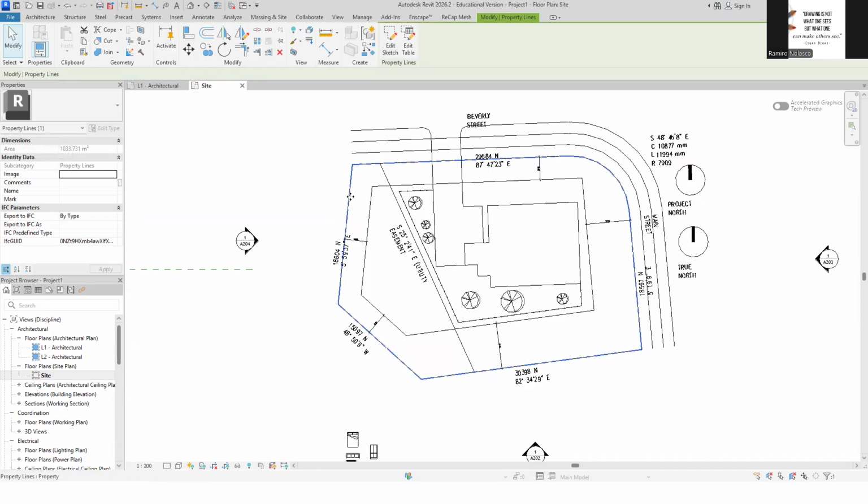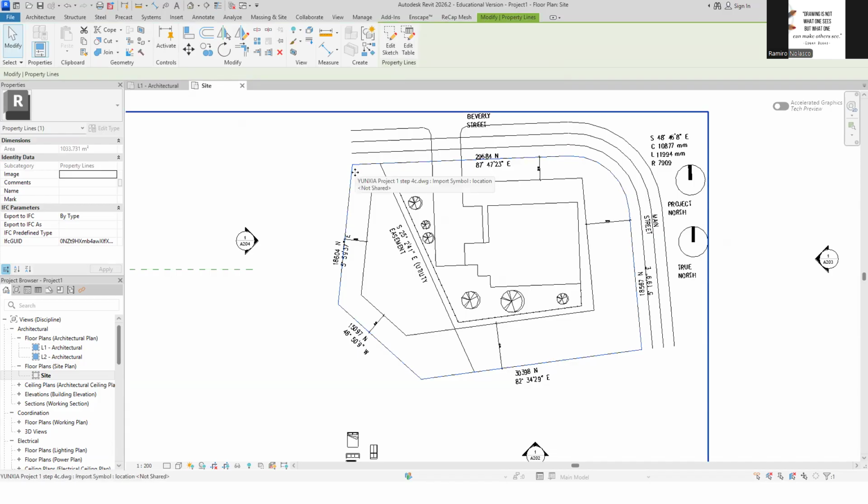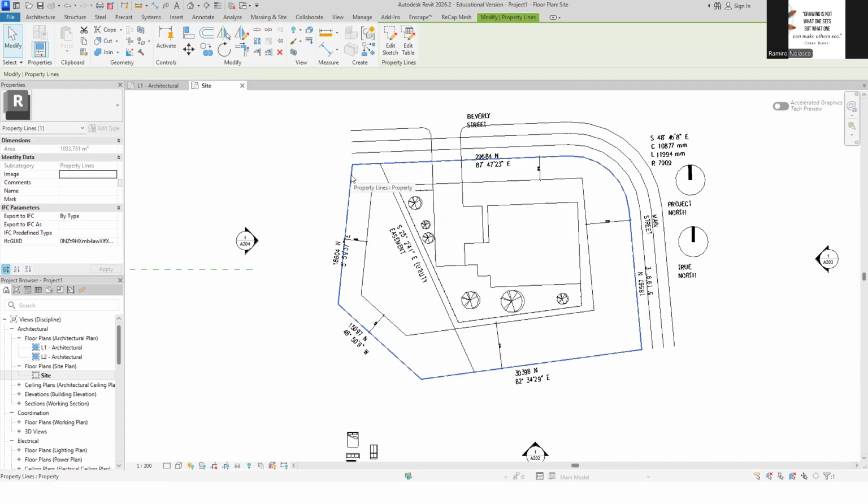Now, if you want to see the table, the bearing, okay, you select the property line. If you're having trouble selecting the property line, you can hit the tab key. It will toggle between items in that area. So that's toggling between the AutoCAD file and the property line, and then you click to select.